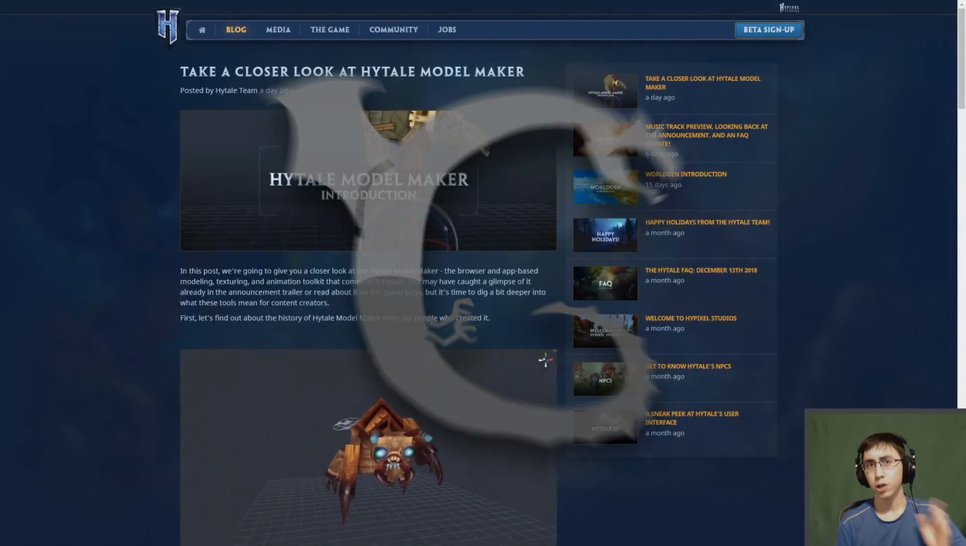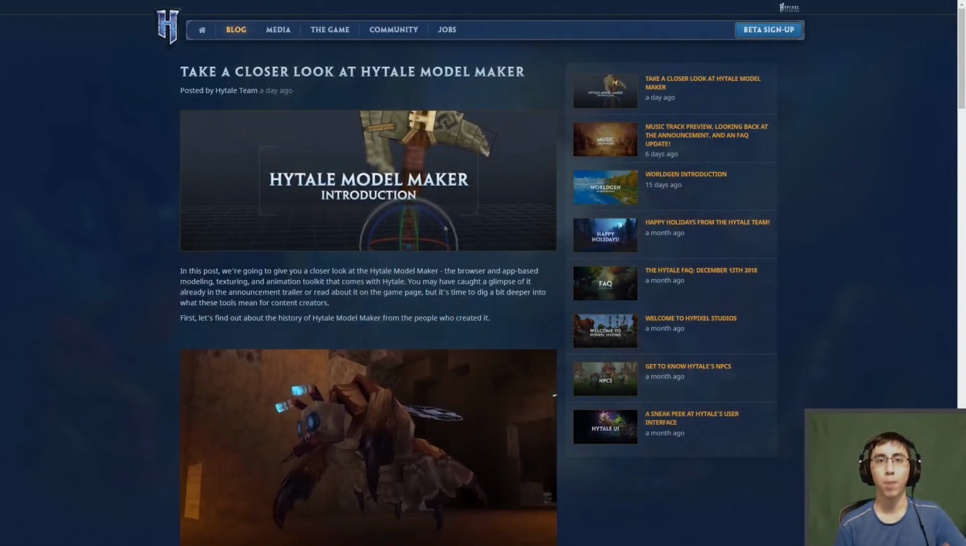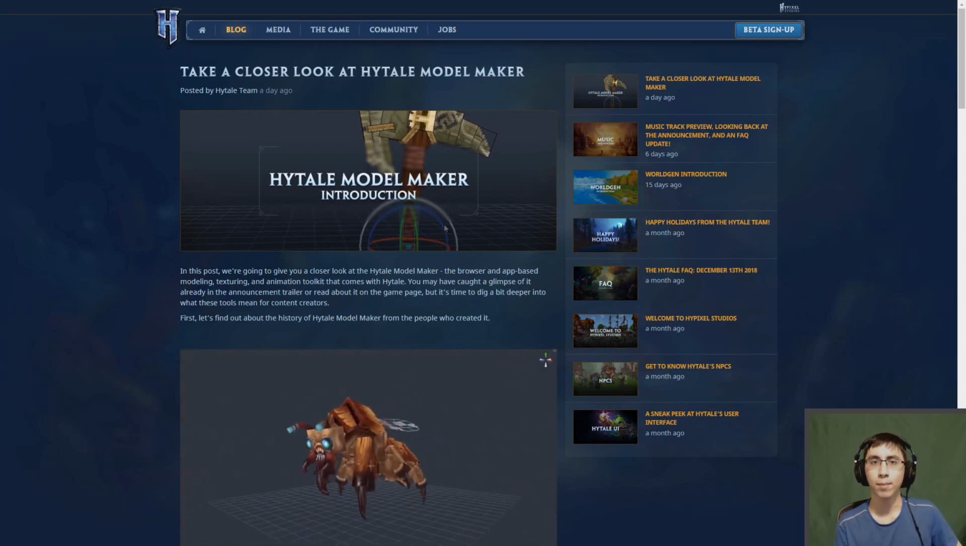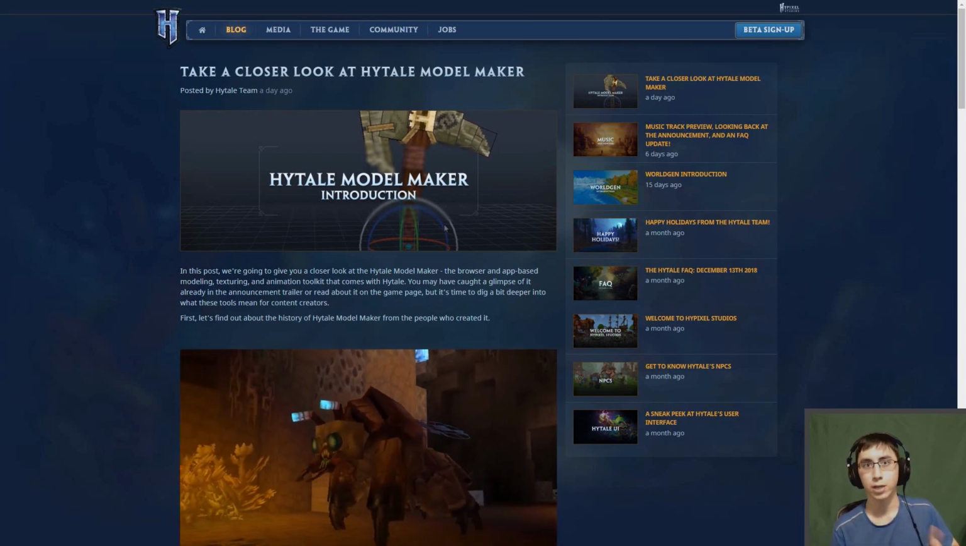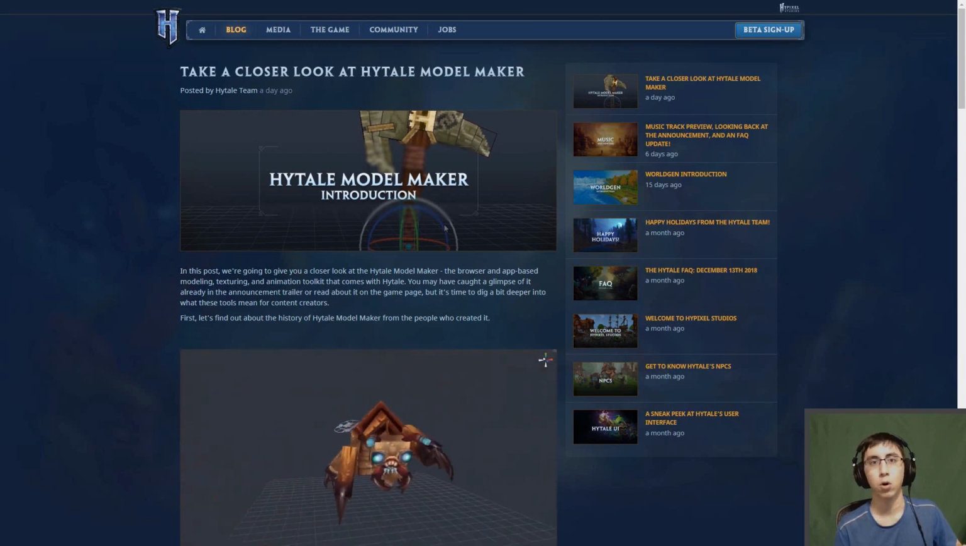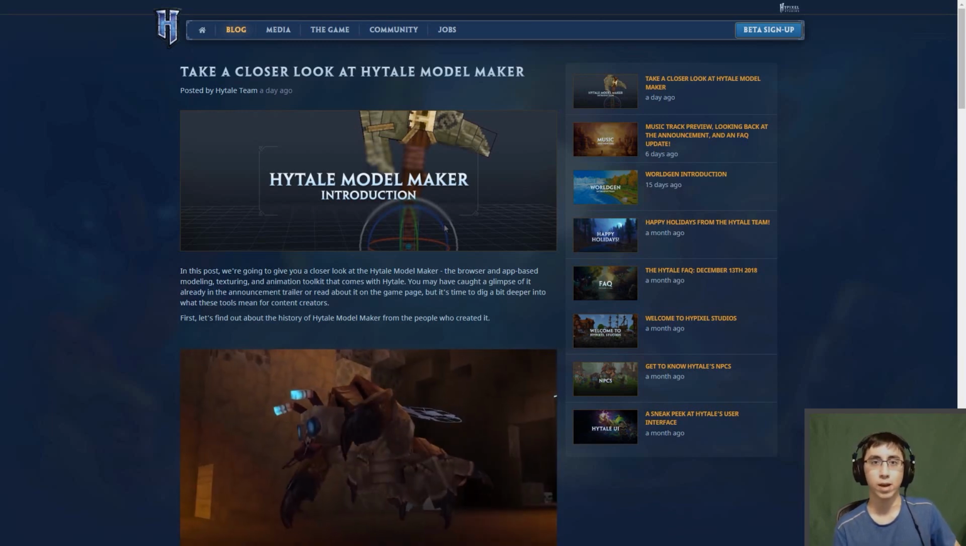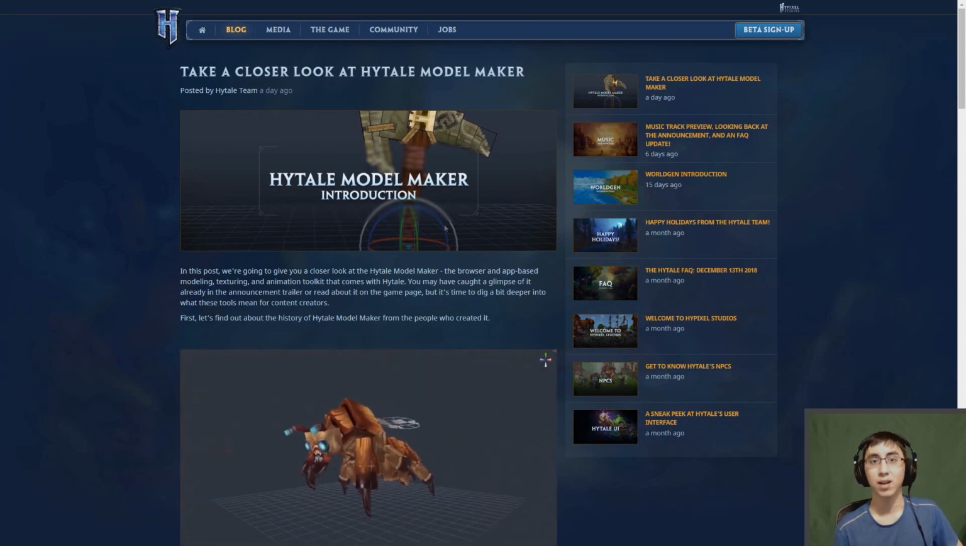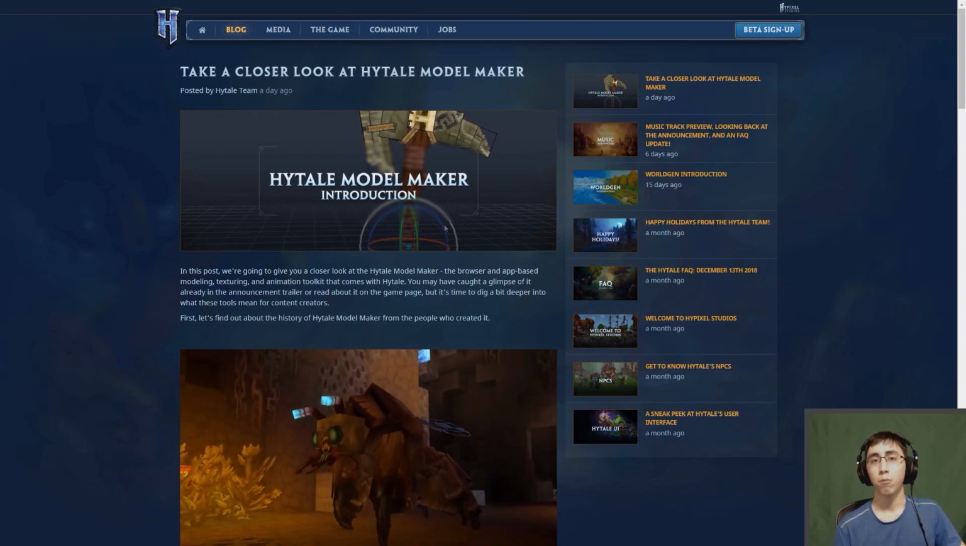Now this time they're doing a little update about the Hytale Model Maker, which is basically a modeling, texturing, and animation program that lets you import all sorts of models that you create yourself into Hytale, giving you a lot of flexibility in what you can create and things you can do. And this blog update is somewhat brief, but I want to go into it because surprisingly I am pretty excited